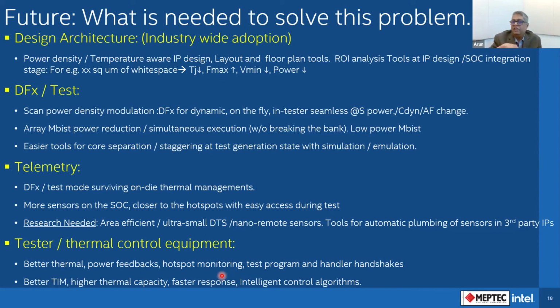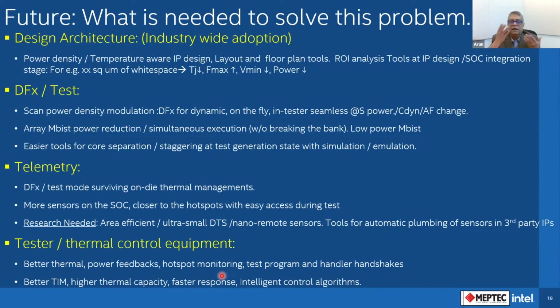If we do it, then we need this basically, right? Easier tools for core separation or IP separation or staggering, because the test generators will come and give you a test which is almost lockstep. But can we have core separated out even during simulation or emulation, so that these need not be done post silicon, and then we scratch our head, hey, did we do that right,